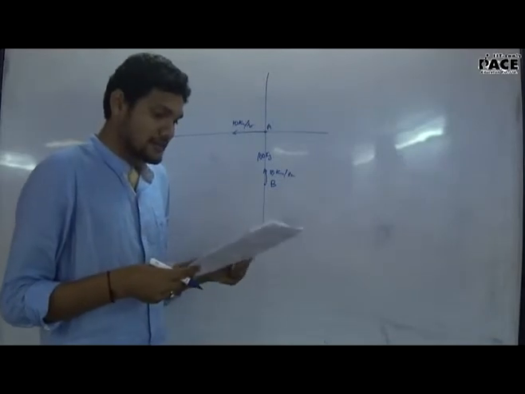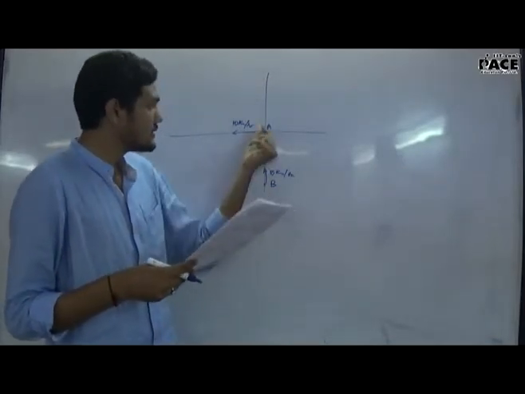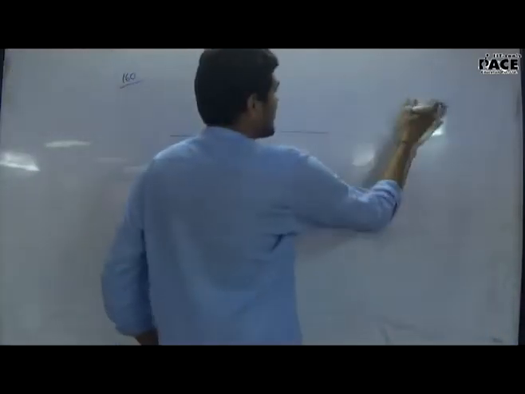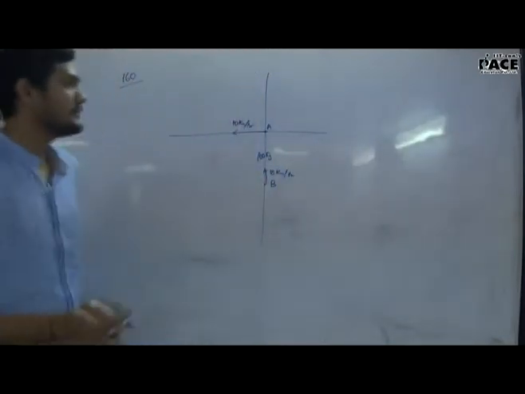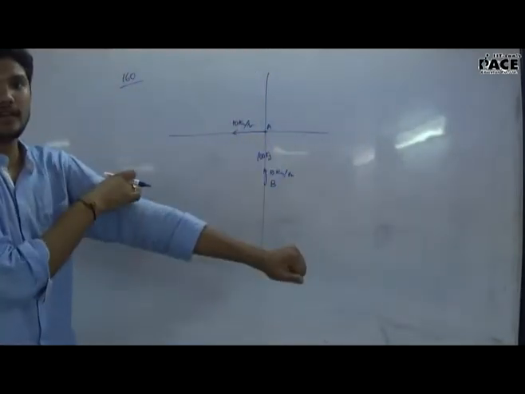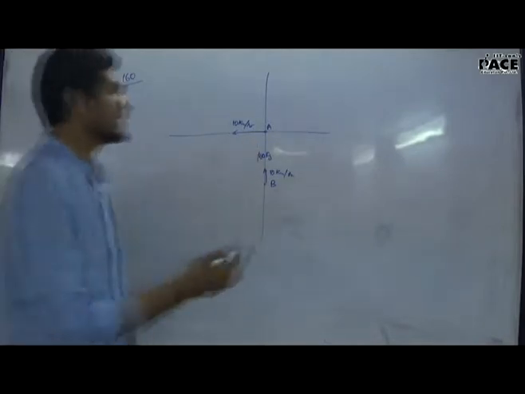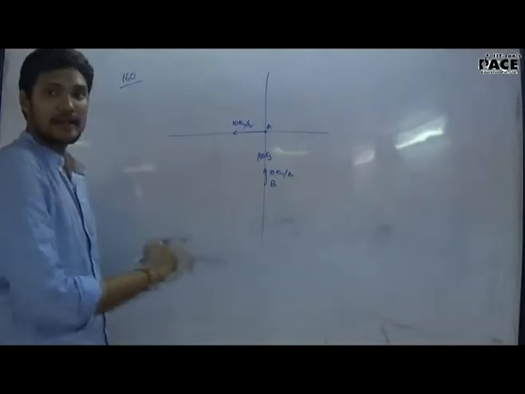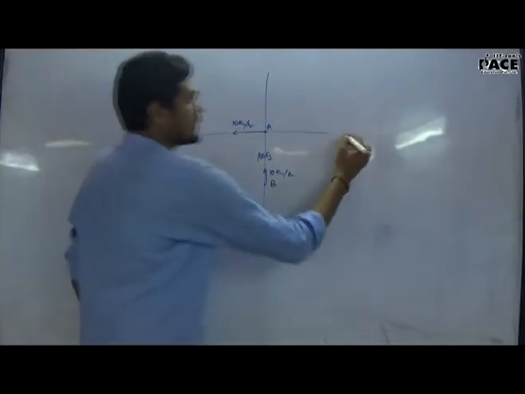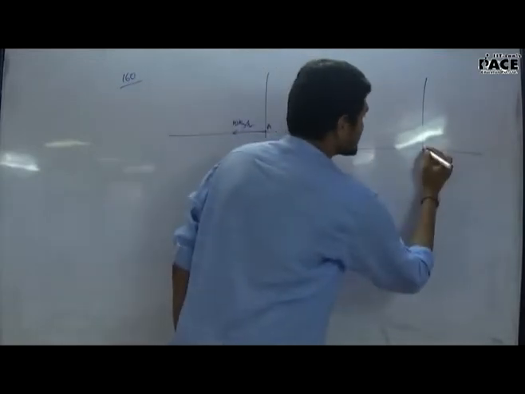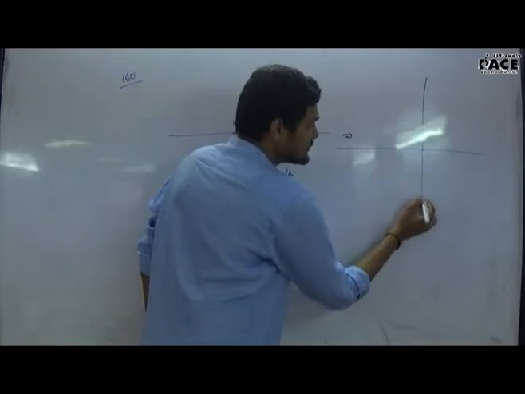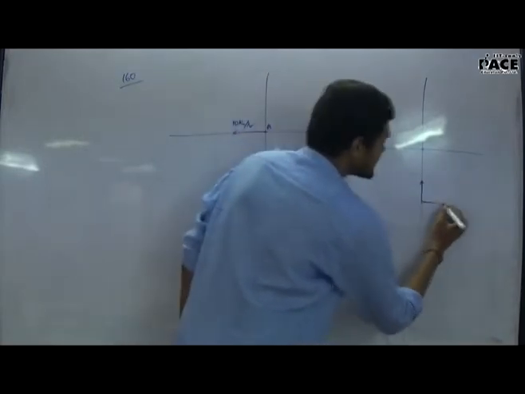We have to find the time in which the distance between them becomes smallest. So we'll solve this question using relative motion. First, observe ship B with respect to ship A. If we observe ship B with respect to ship A, the velocity of ship B becomes 10 km per hour along north and 10 km per hour along east. So the whole frame transforms such that this particle A is stationary and particle B is moving with two velocities, one along this and one along this.